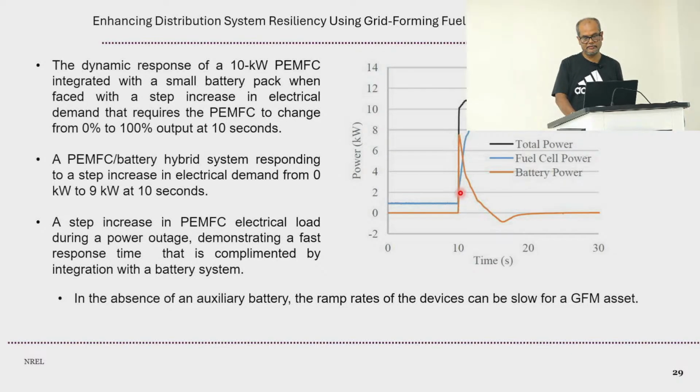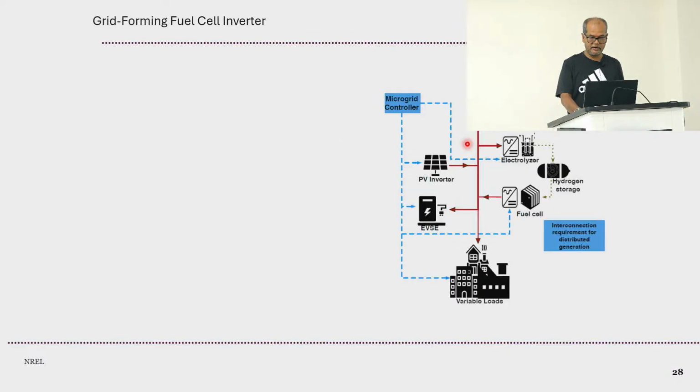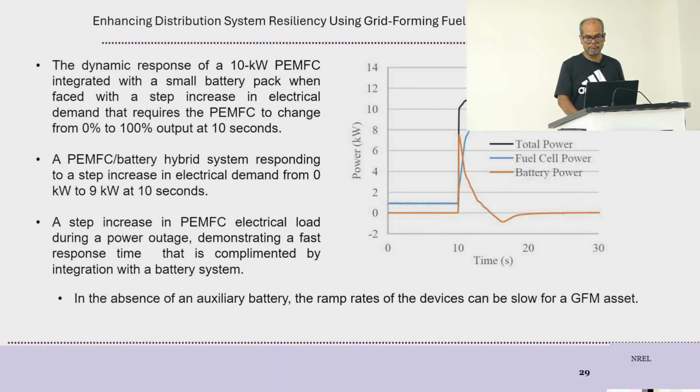But here it goes down slightly, because we need this sudden support only during the transient, since here we have a grid. Later, when you also get power from the fuel cell, we don't even want to utilize the battery at that time, so the battery power goes from discharging to negative, which means it is going into charging